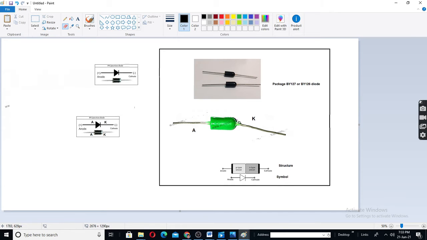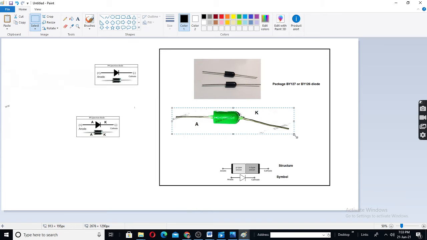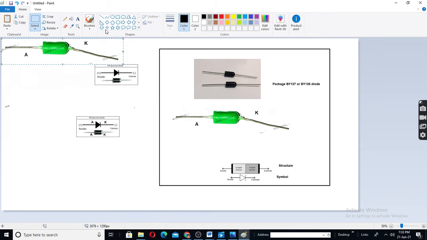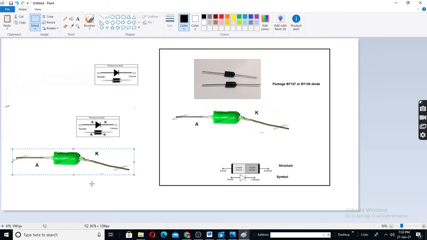You can show this as a straight line like this. Cut this. You can put this here.